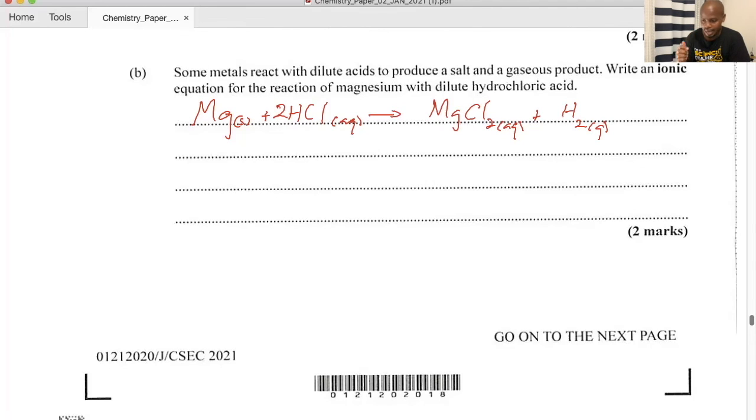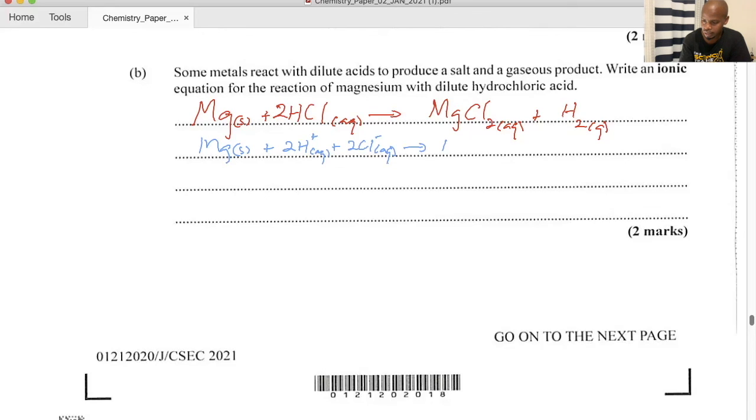Now, in writing ionic equations, things that are solid, we normally write them back. So let's use a different color here. We'll write back our magnesium, solid. Things that are aqueous, like our acids that ionize, we break them down into their respective ions. So the HCl would break down to give us 2H+ aqueous plus 2Cl-, 2 chloride ions, and this